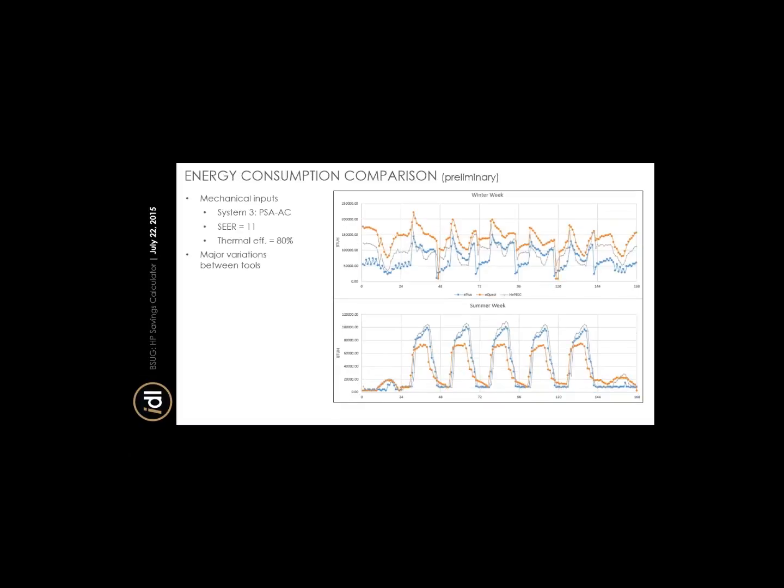And then these are what I'm calling the preliminary energy consumption results. I did choose the same, that should be package single zone AC for system 3, a CR11 with 80% efficiency. I put that in all 3 of those, but this was basically just the next step from looking at the total building loads, but I didn't go in depth to any of the HVAC equipment and details of looking at this. But the heat pump calculator does seem to fall right between the EnergyPlus and eQuest,